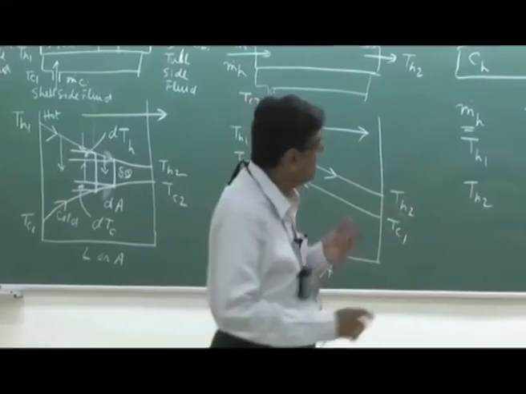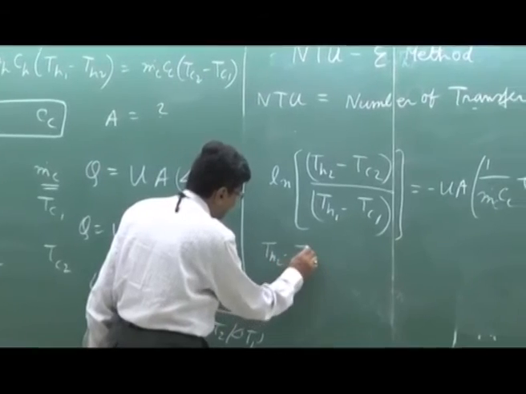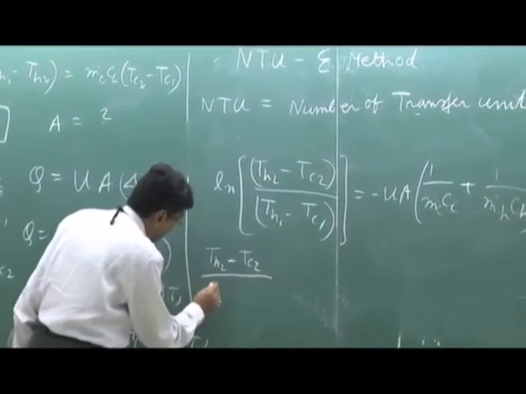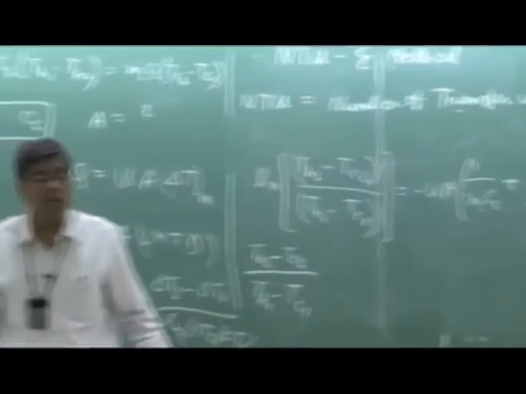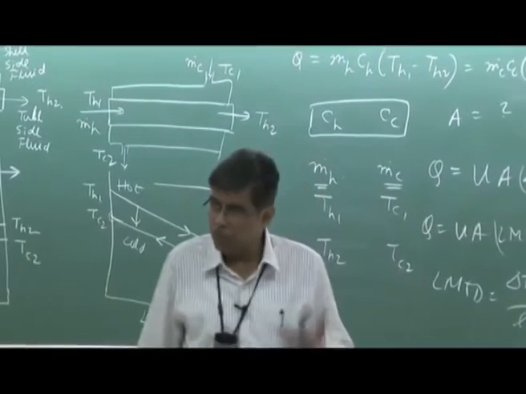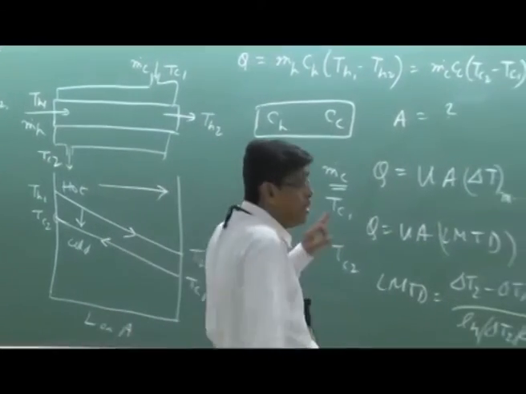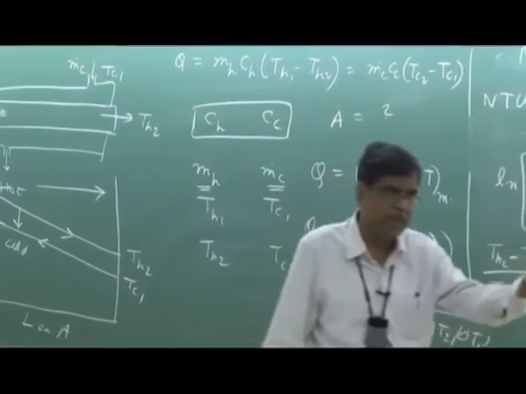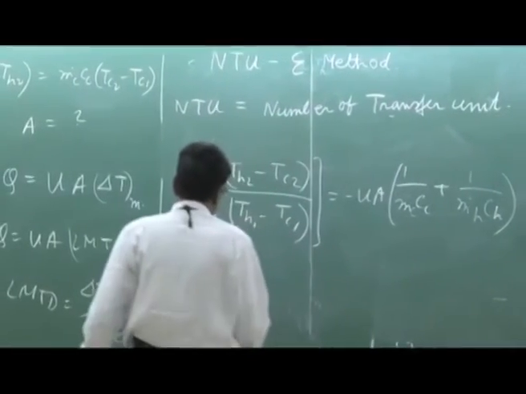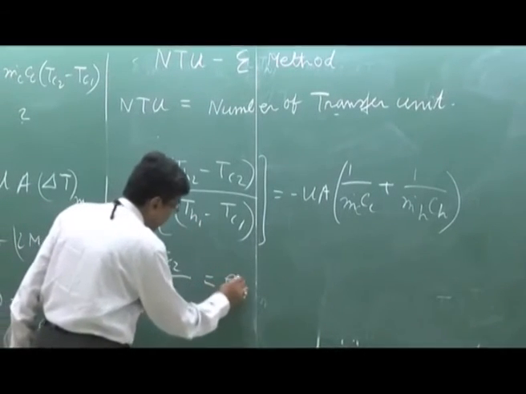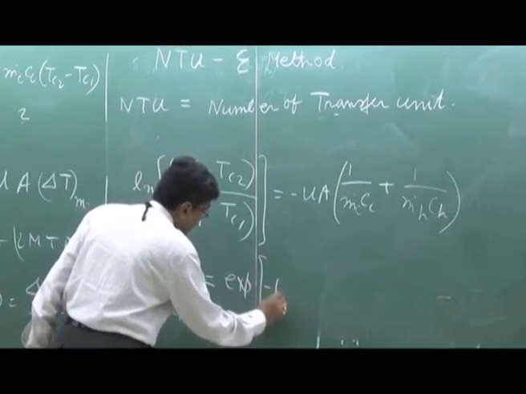But if I stop here in that deduction, I just change the route. Let us write this: (TH2 minus TC2) divided by (TH1 minus TC1). You just follow. You may not have to take note because it is given in the textbook. You may or may not take notes, but follow it. Because if you logically follow the deductions, you will be able to deduce for a new condition. It is equal to, I write this in an exponential function, nothing great, minus UA,